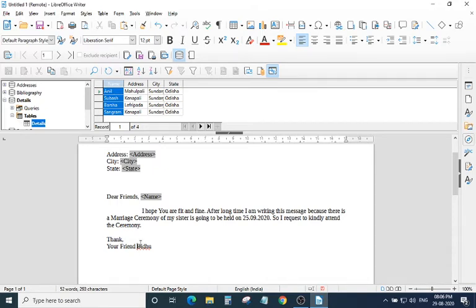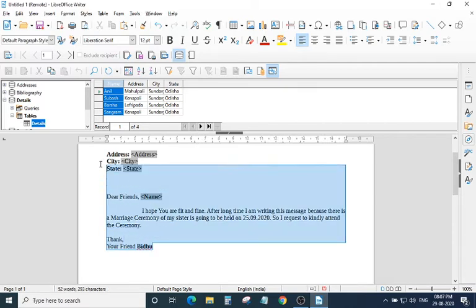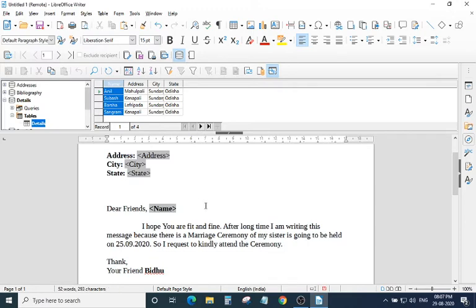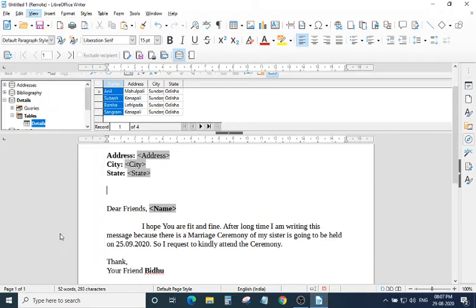Okay, so you can make this bold, Control B, and even this also Control B. Control B means bold. Okay, and you can give this color also to look and feel beautiful. You can make it bigger in size also. Let me make it bigger. Okay, then after this writing, what you have to do?